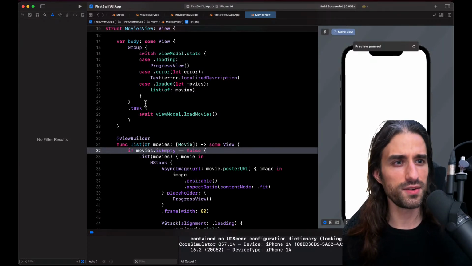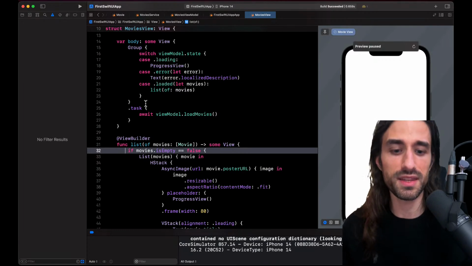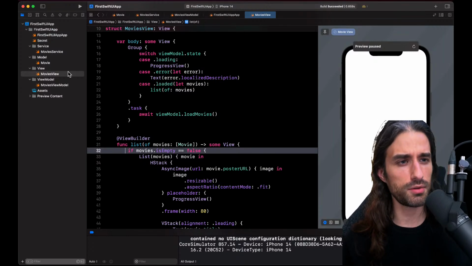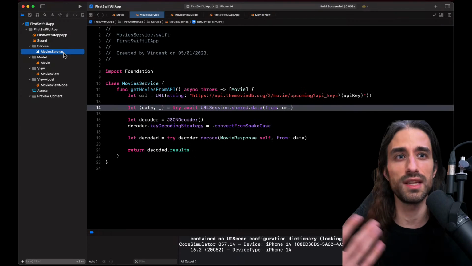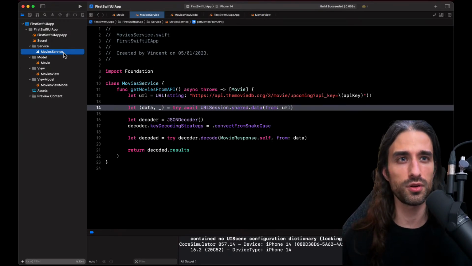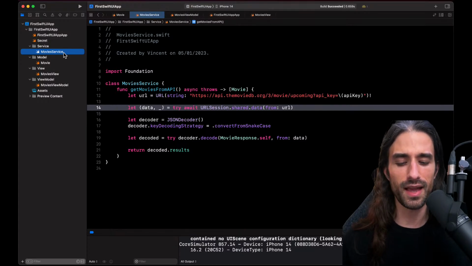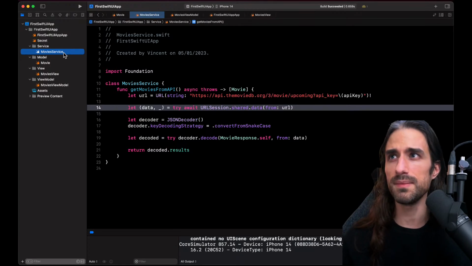Okay, we have almost everything. All that's left to do is to implement the detail view in order to deal with some navigation. So I'm gonna go a little bit faster because I don't want the live to last for too long, and anyway we'll still be doing the same things that we've been doing before. So for instance, we're going to start by implementing a new API call to get the cast of a movie.